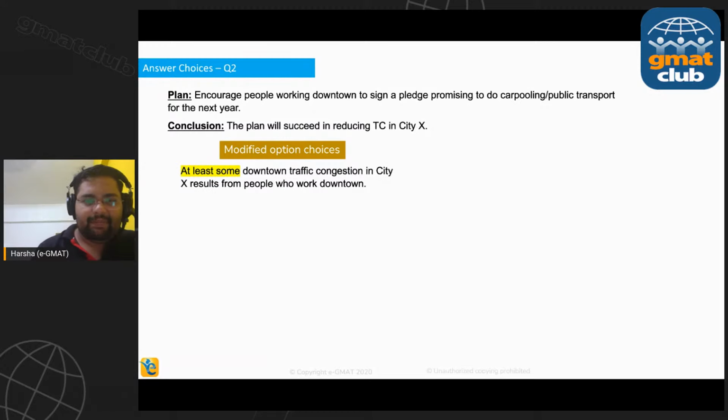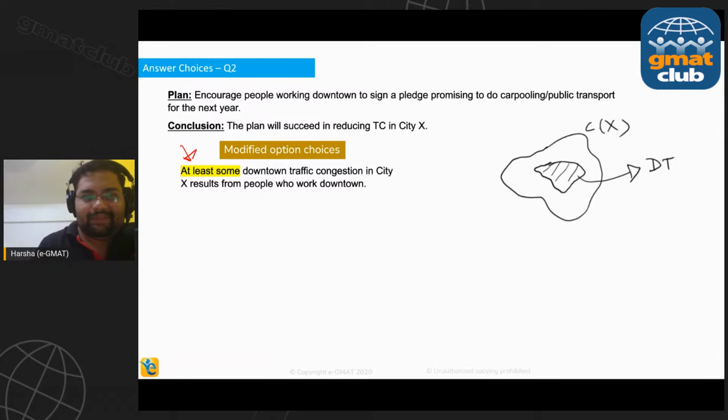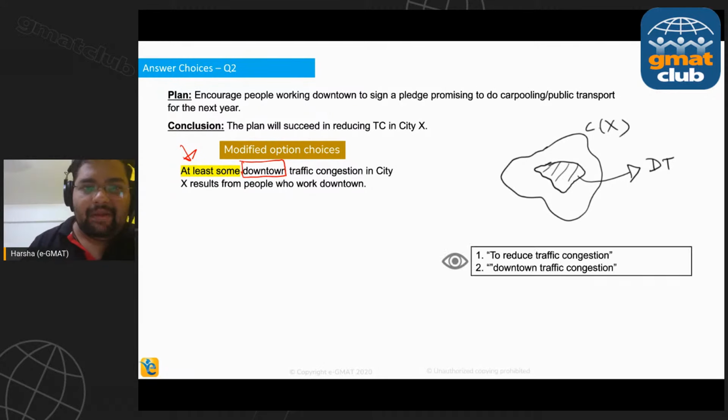So if I replace this "most" by "at least some", it is still a wrong answer. Why? Because of this one word, "downtown." For those of you who are curious about it, I will leave that as homework. We don't even want to get into it right now. But take it this way: